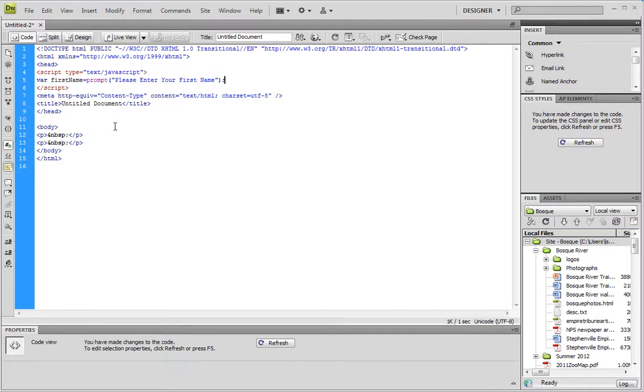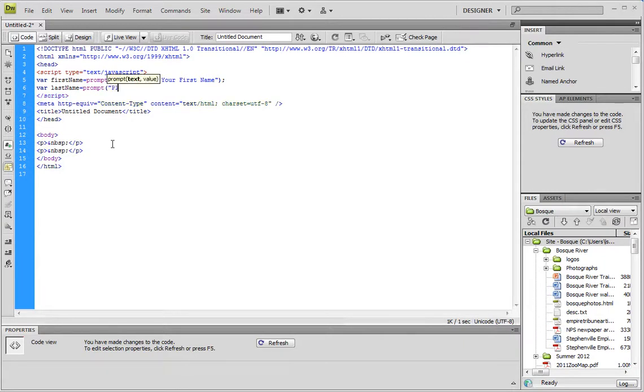All right, so they'll enter their first name, they'll click OK. That information that they put in will be stored in that new variable. So let's go ahead and create another one. Let's do var lastName. Let's go ahead and prompt them for that as well. So we're going to prompt, please enter